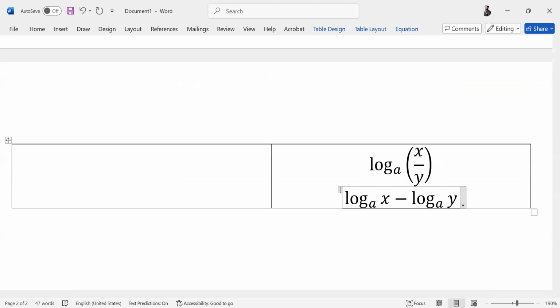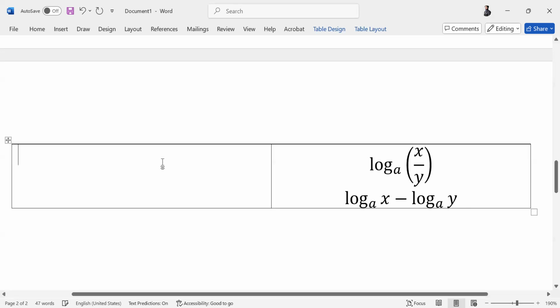Is this clear? कोई प्रॉब्लम तो नहीं यहाँ तक? If the inputs are multiplied,